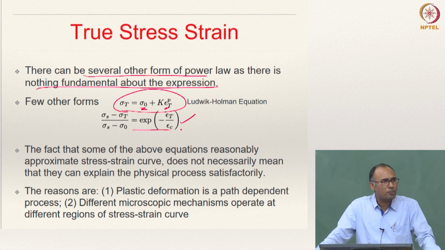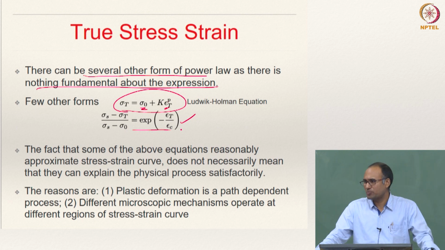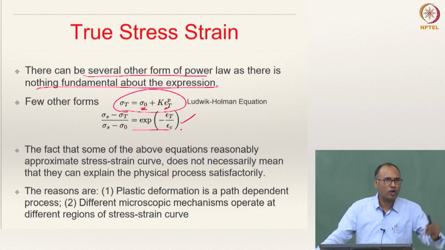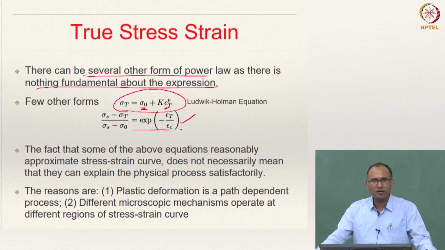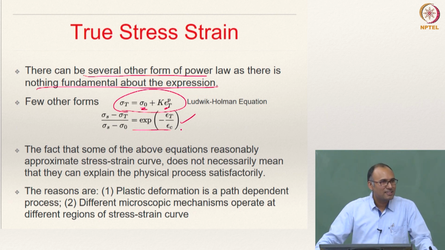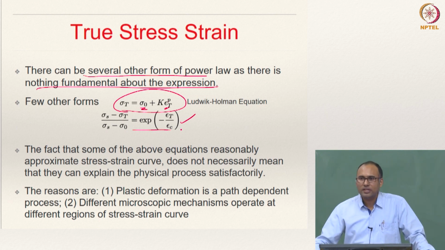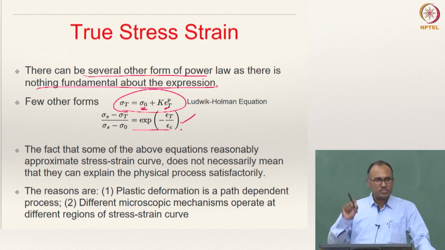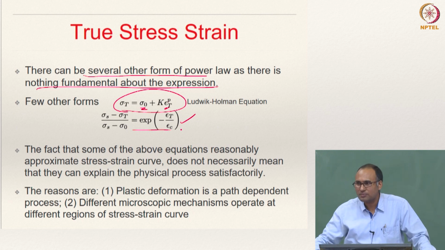Why do they have to come up with different forms of this expression? Because somebody has given the power law and they have done their experiment for a particular material, and this set of materials doesn't seem to follow the power law. Then they have looked at it, okay, the power law is not working. So this is not a power law material, but some other material. Okay. So the material is behaving the way that it wants. It is just us who are associating some mathematical form to it.